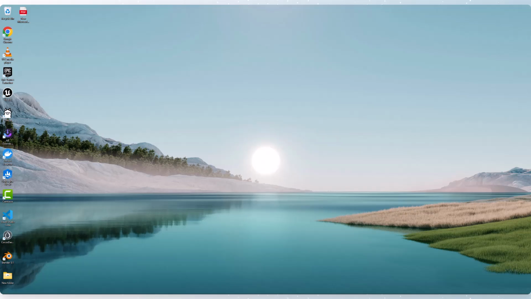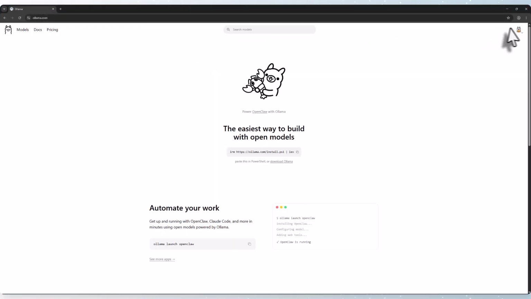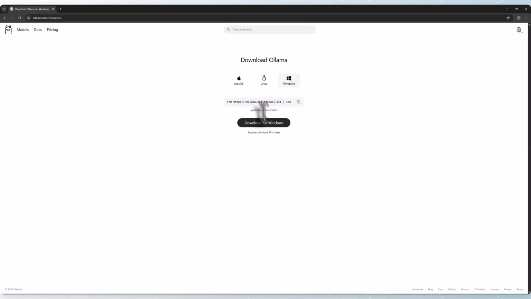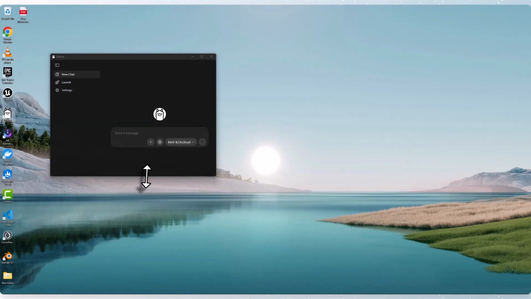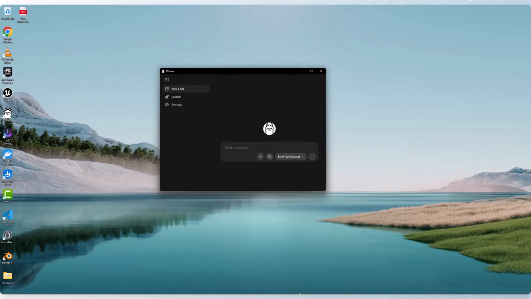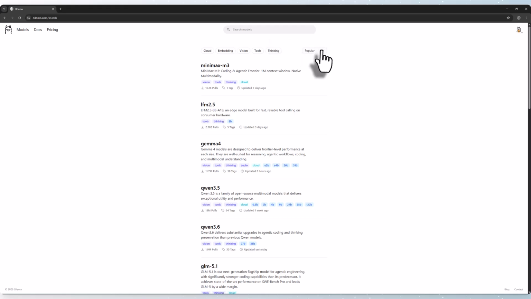Okay, first thing first, go ahead to Google, open ollama.com and go here to download. You can download from here and install it. After that, you can get this icon, Ollama. Okay, after that, let's go ahead to models and want to use